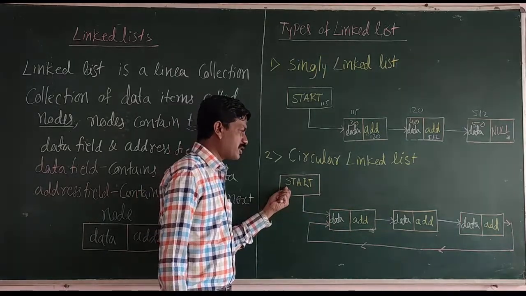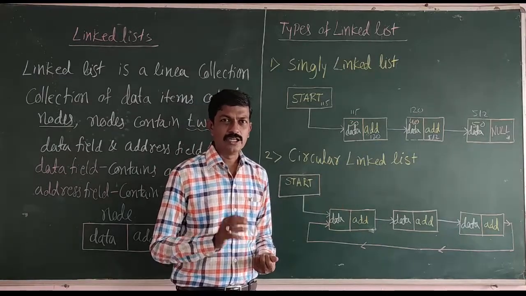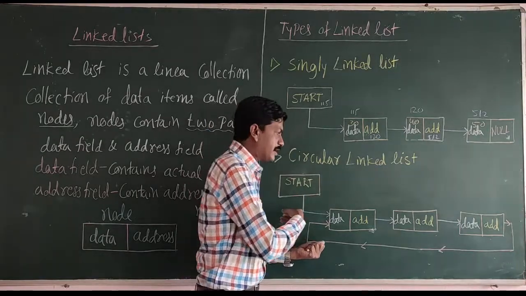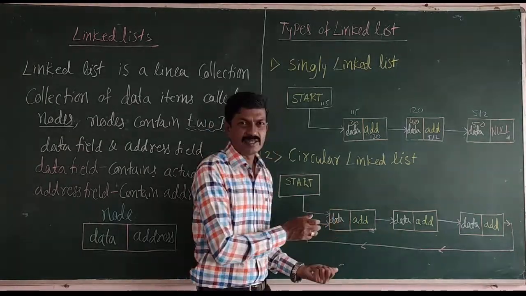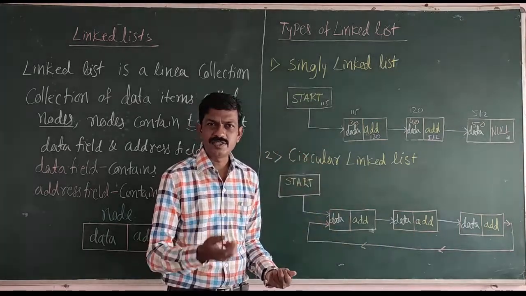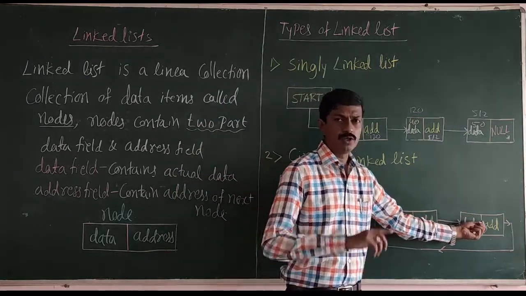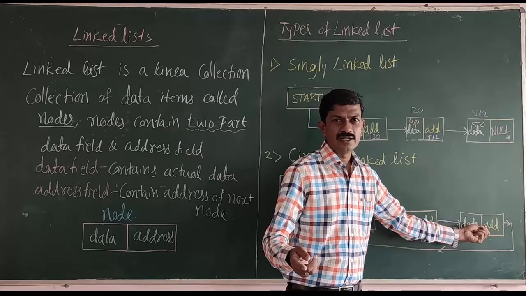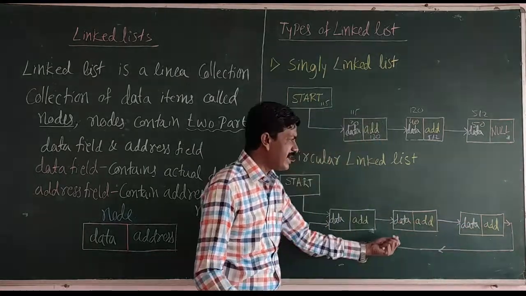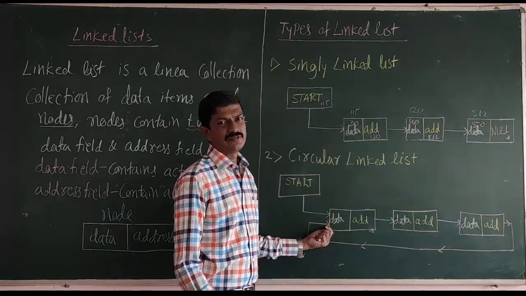Why do we require a start pointer? Because among these nodes I need to begin with one particular node. That's why we require the start pointer, which initiates reading the data items in the given data structure. After that, we want to visit repetitively. That is done with the help of the last node. Once you want to start again with the first node, the last node contains the address of the first node, so we can start with the first node.